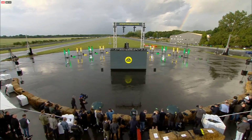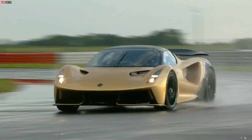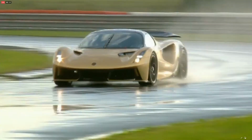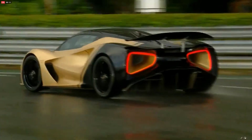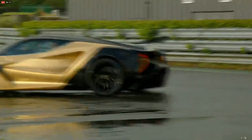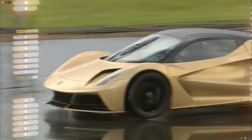The Lotus Type 130 is the Evija, and there will be only 130 of these cars made. The Evija is the world's first fully electric British hypercar and has been designed, engineered, and is being hand-built right here in Hethel. An ultra-lightweight carbon fiber monocoque makes it the world's lightest production EV hypercar,